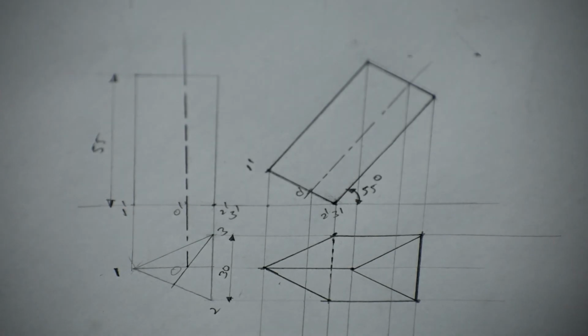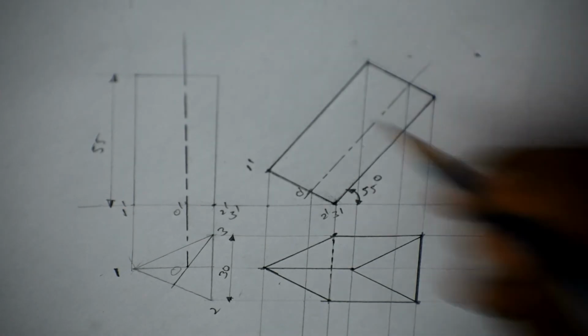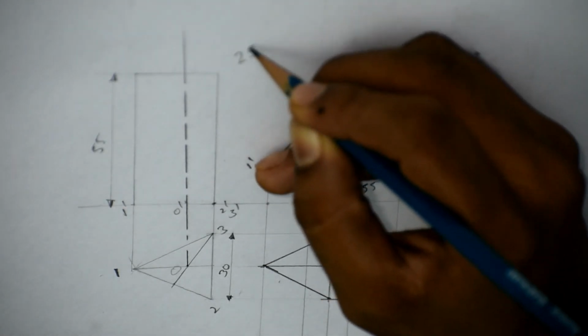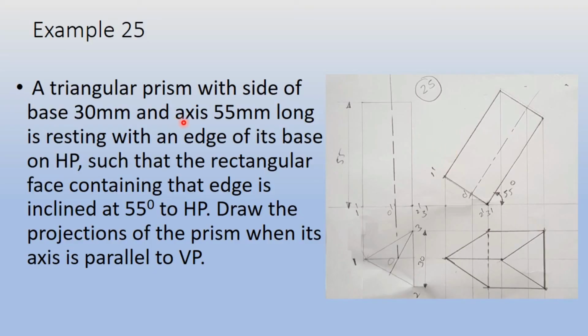So our exercise number 25 is completed. So this is the final solution of your example number 25. As you can see here, the angle of inclination here is 55 degree,